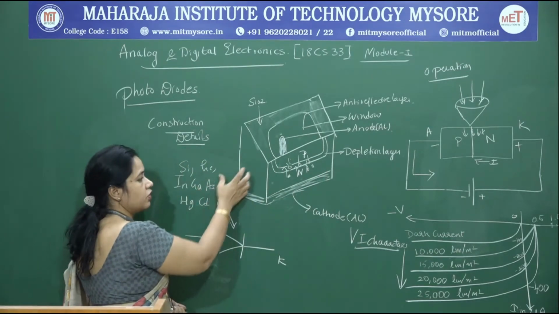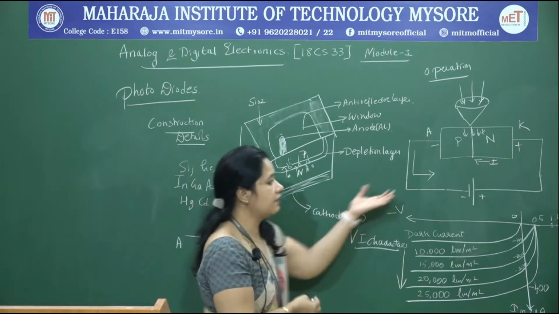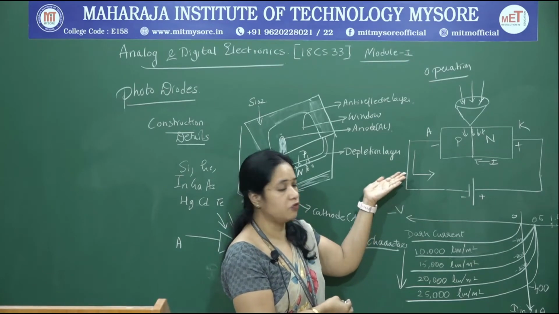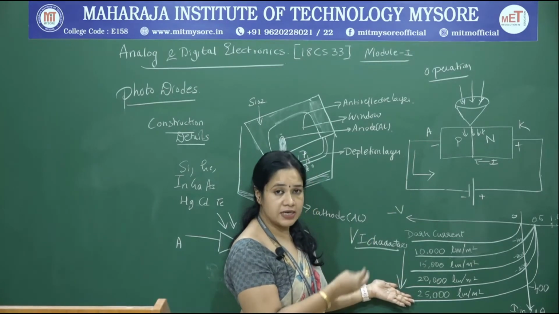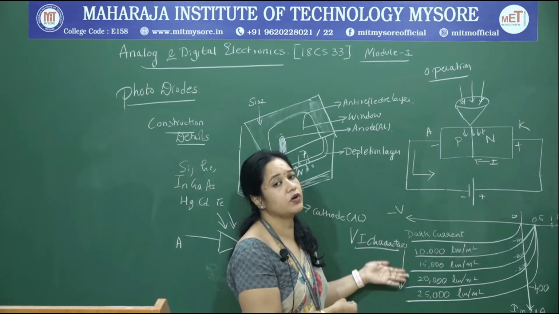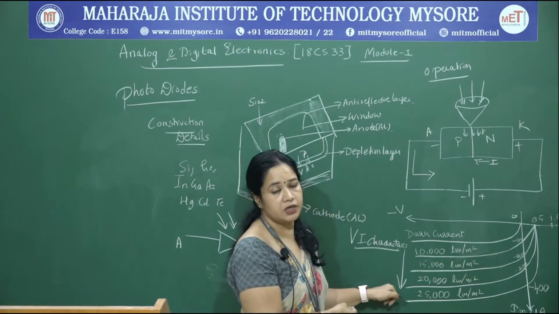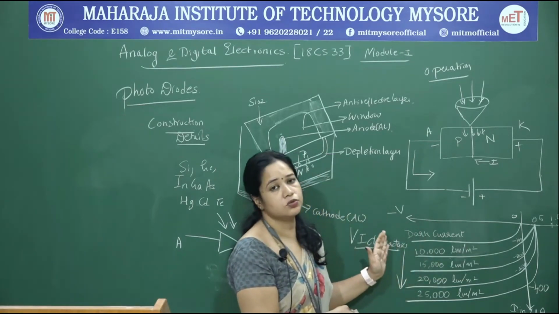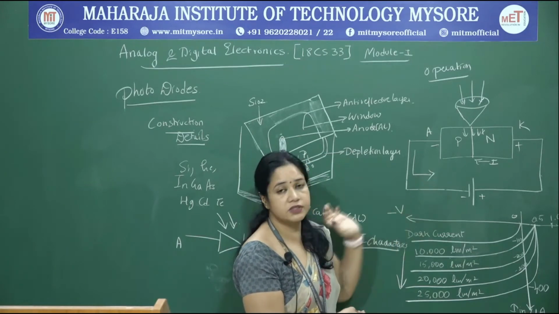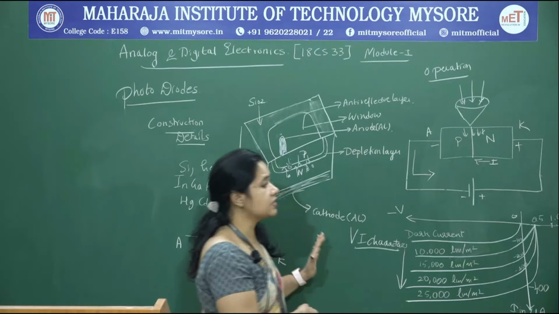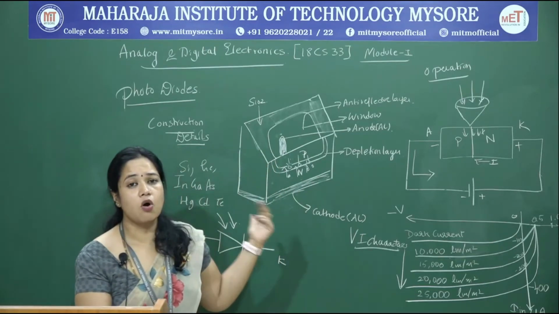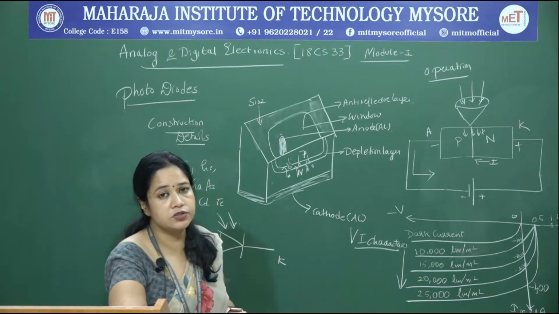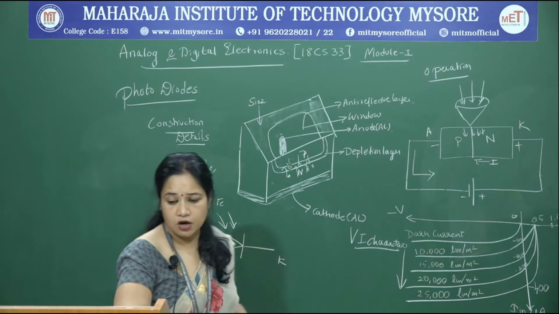So you have a figure showing the constructional details. We have a circuit which can be used to demonstrate the working of a photodiode, and to understand the working of the photodiode, we explain it with VI characteristics, because we are using the negative axis to plot the VI characteristics, because it is always in the reverse bias mode. With this we will try to discuss where exactly photodiodes are used, what the applications of a photodiode are.